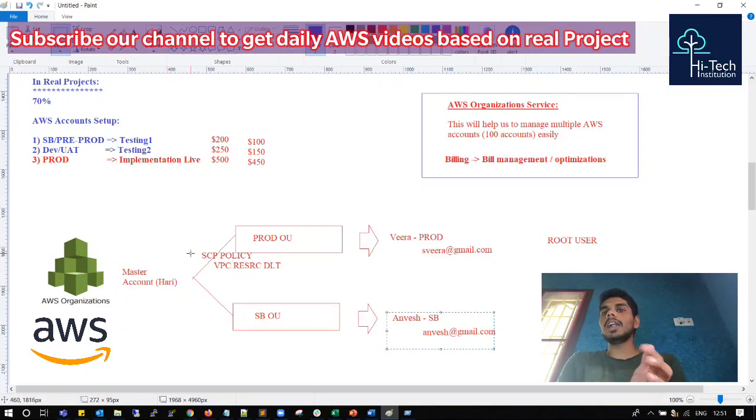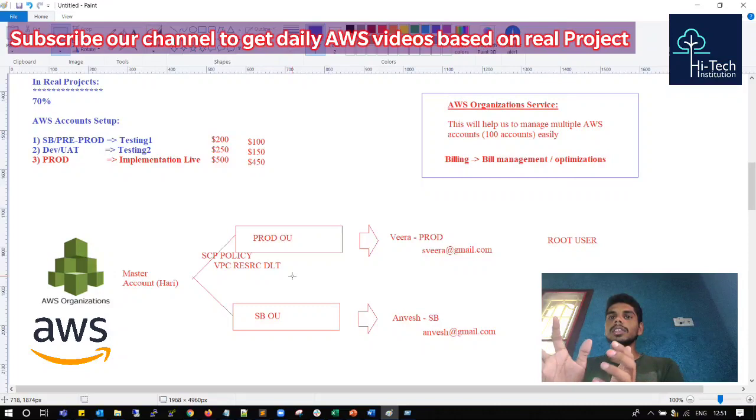And by adding this, what is the advantage? Even though you have 100 plus accounts, from this master account you can centrally manage the billing. Also, there is a concept called SCP policy. Through SCP policy, you can securely manage your accounts, guys. For example, in production we should not delete any VPC resources. In that case, we can create an SCP policy and map it to the OU. Whichever accounts belong to the production OU, the policy I applied will take effect. SCP means service control policy, which I can create only on the master account and put at the OU level. That is all about it.